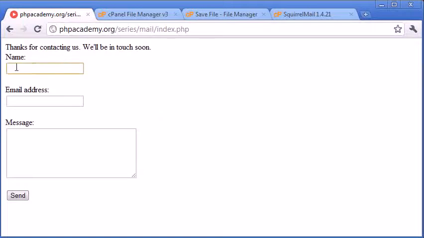We don't have a max length for name, nor do we have a max length for email address or message. So you're going to need to use the strlen function to see what size these values are at. You could set a message size of no more than 1,000 or 2,000 characters. Email address I'd say no more than 50 characters, and name no more than 30 characters, or 25